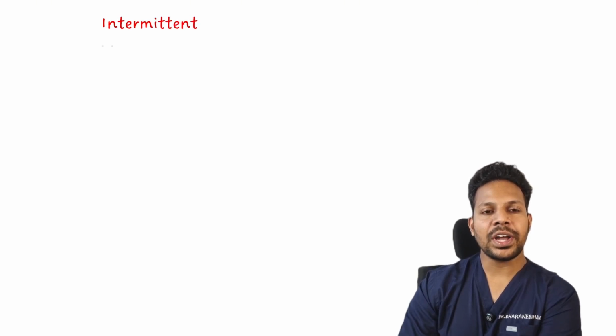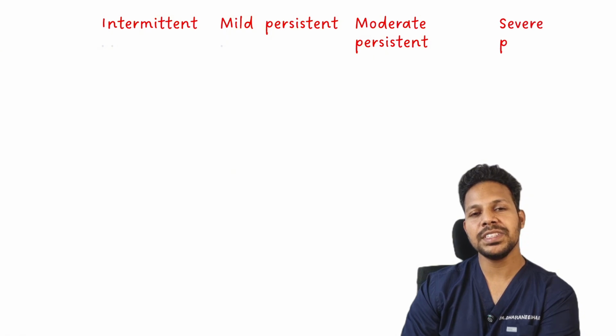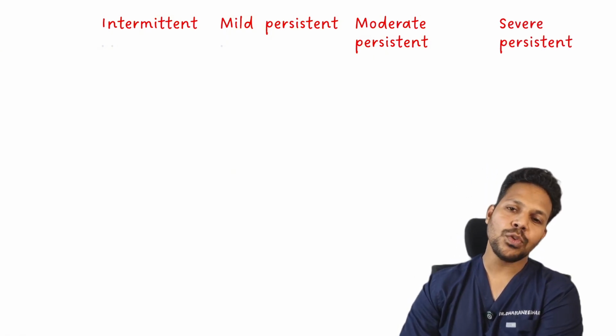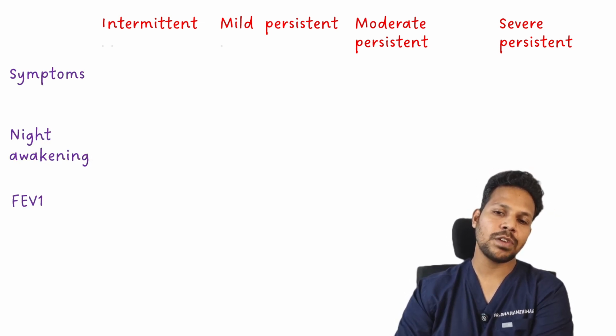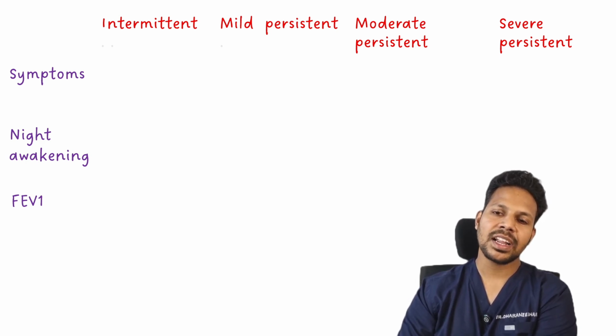Firstly, let's grade bronchial asthma into intermittent, mild persistent, moderate persistent, and severe persistent bronchial asthma. This is based on the symptoms and how frequent they are, whether there is any night awakening, and what the level of FEV1 is. It is called intermittent when the symptoms are